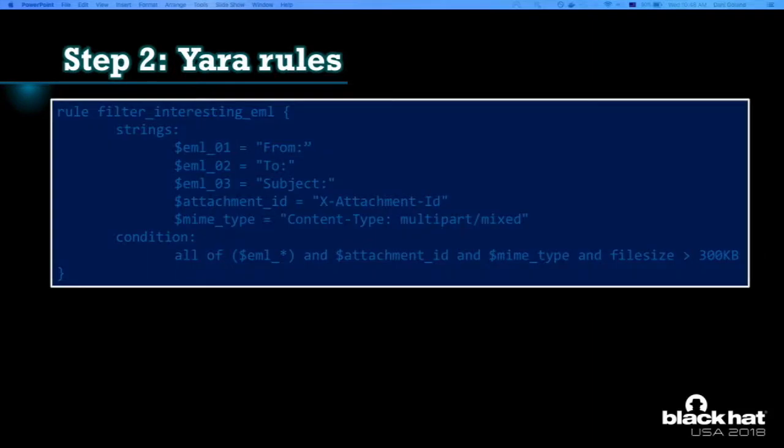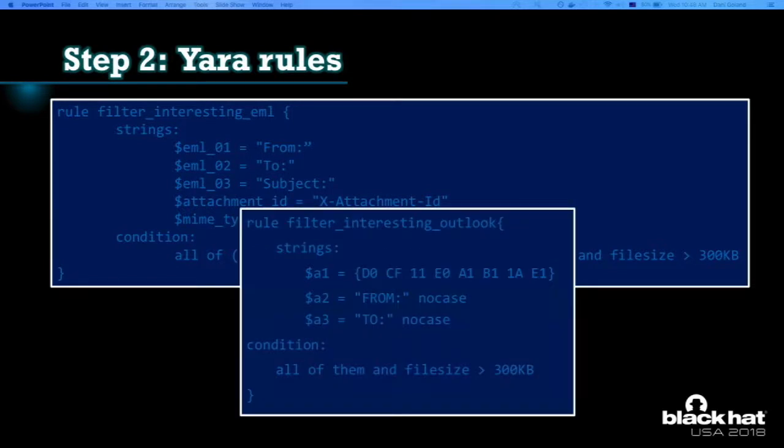So we crafted a number of Yara rules, just simple ones. The idea here is to filter emails, as you can see, which is kind of easy. For Outlook, you have the bytecodes at the beginning, and then you can filter. So you can download a lot of samples, and then you can filter out the ones that are actually emails, with the from and to. Make sure you also mention the size, because you want to find samples that either have attachments or have a lot of content to them, and skip all the phishing stuff.